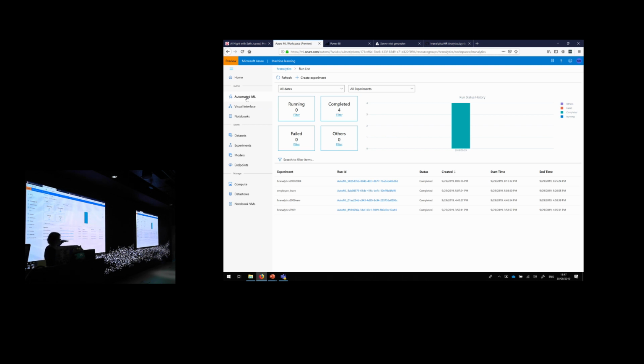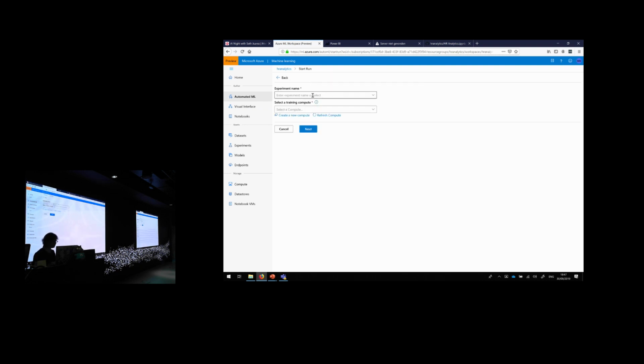And here you can also select them. That's what we do afterwards, because I'm not going to let you wait for 20 minutes to train it, but just showing you how you could do it. Now we have the data, so we can create it, and we call it HR, let's say 3009. And you need a compute. That's fine. I already created one, but if you don't have a compute, you can create it here also.